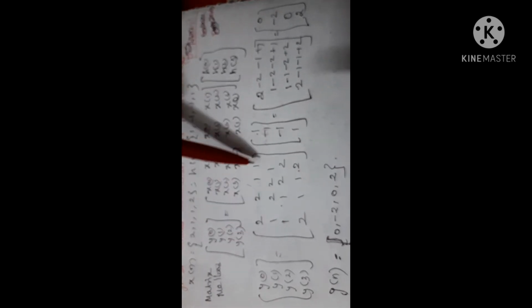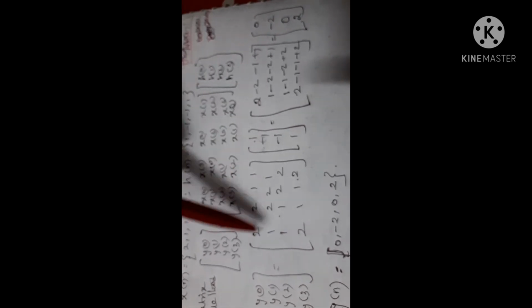Then you make this matrix, x matrix. Then this value is h of n column. You do the matrix multiplication, that is rows into columns. So you do the calculation, multiply and addition. So whatever may be, addition, subtraction. Then you total, you get 0. Here minus 2 and 0, 2. So 4 outputs we got, 0, minus 2, 0, 2. So input is 4 values, so output is 4 values.